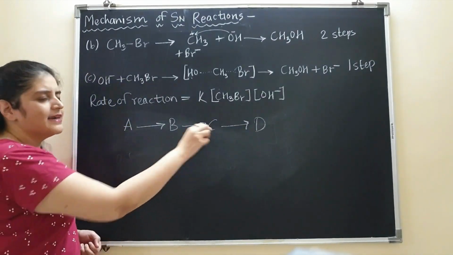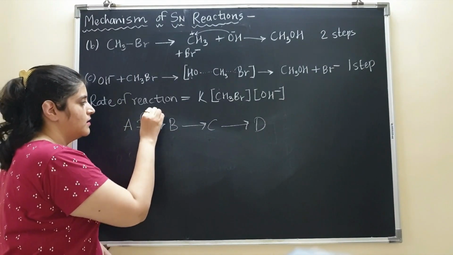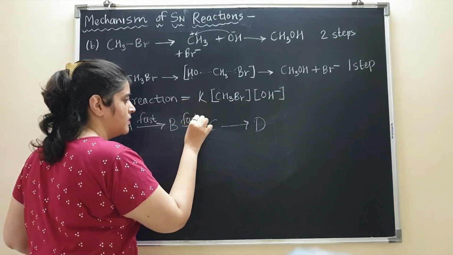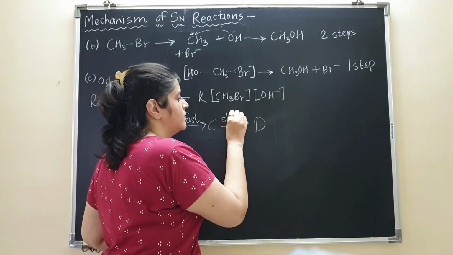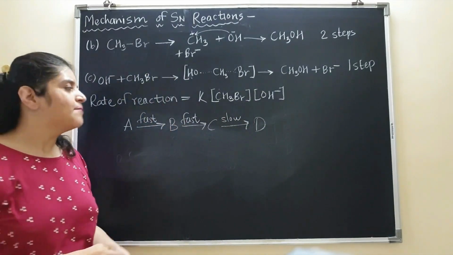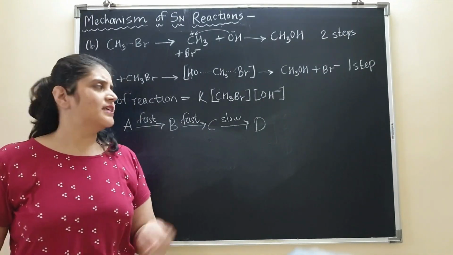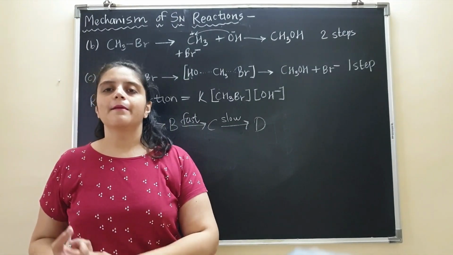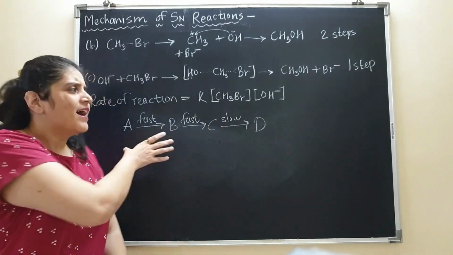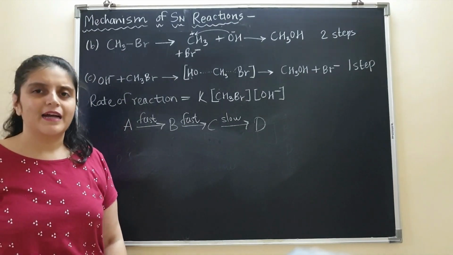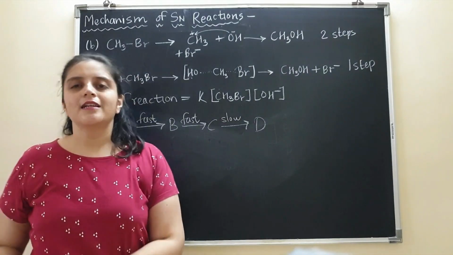Now imagine that out of these, first and second steps are fast. And assume that the last step, C to D, is slow. So these 2 fast steps will occur at their own time, but we cannot say that reaction is complete till the slowest step is complete. वो जब तक ये स्लो स्टेप कंप्लीट नहीं हो जाता, फास्ट स्टेप कितना भी फास्ट हो कोई फर्क नहीं पड़ेगा. जब तक स्लो स्टेप नहीं कंप्लीट होता, हम नहीं बोल सकते कि रिएक्शन कंप्लीट हो गया.